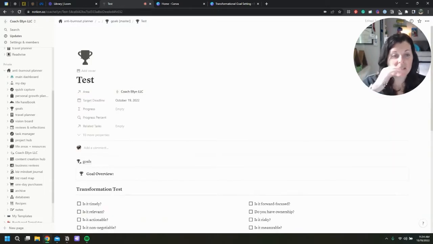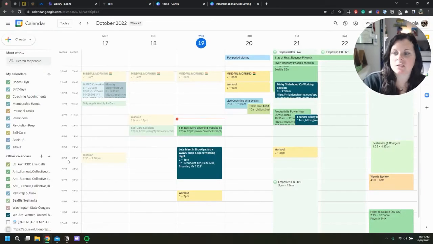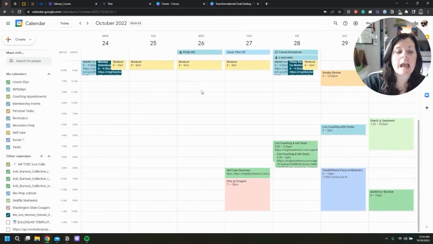The other important thing you need to think about is the other commitments that you have in your life, taking those other commitments into consideration. And that's why I actually think it's really important to have a master calendar. The calendar is going to look a little bit lighter than it actually is because I turned off my tutoring calendar, so you can't see my student names. But I think it's really important to have a master calendar so then you can see everything that you've got